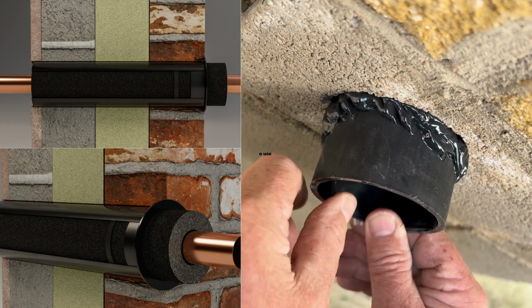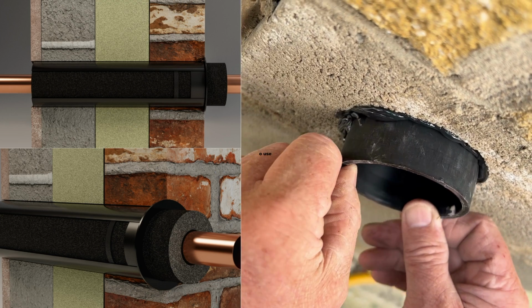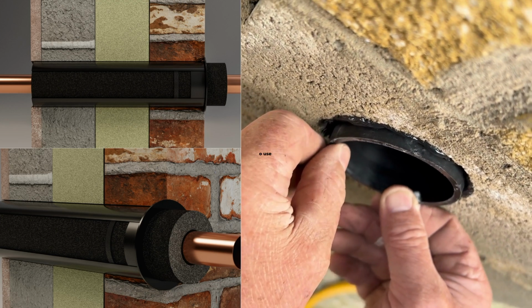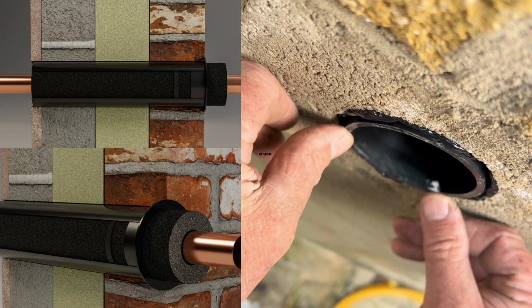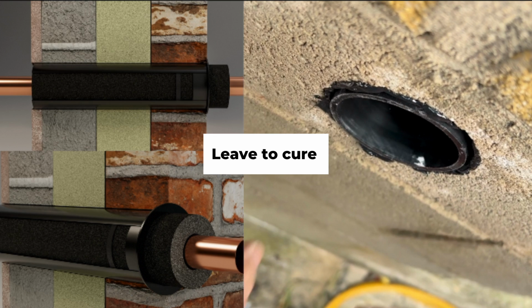Now we're ready to fit the sleeve. We put the bond and seal around the sleeve and we're pushing it in, and then we're going to push the sleeve in and fit it flush. After that, I would leave it at least an hour to cure before you start putting the insulated pipe through, because if you don't do that, you could get the sleeve pushing in and out and moving the bond and seal around. So I would advise you to let that cure for at least an hour